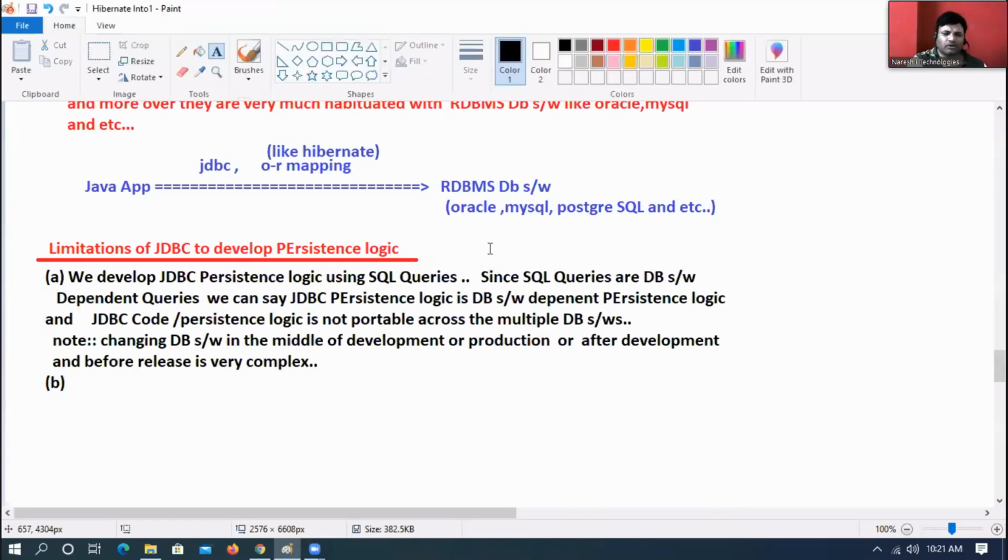And one more best part: if any PL/SQL procedures are there, they are different in different database software. They also have some issues. Right. Fine. Next,